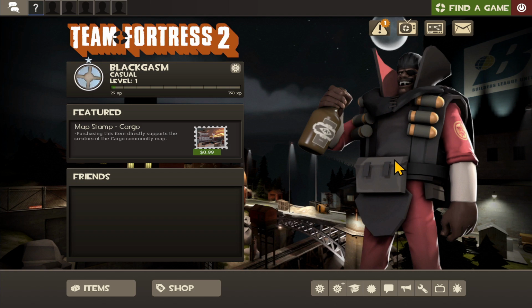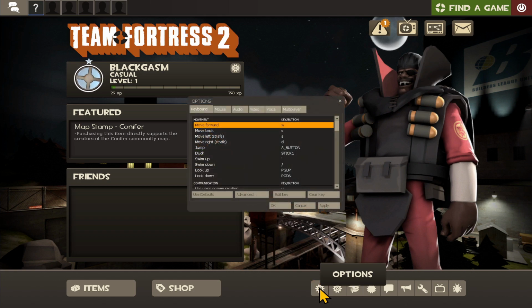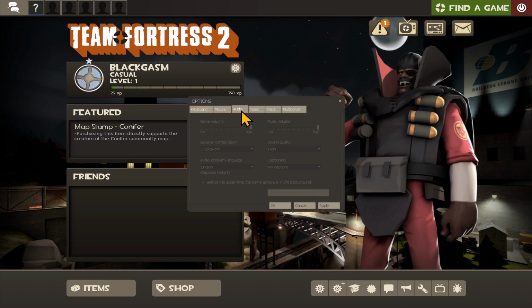First of all, open up the Team Fortress 2 game on your device, and once you are taken into the main menu, click on the Options button at the bottom section. From here, go ahead and click on Audio, and now you will see the Captions option. Click on the drop-down menu, and now you will see that the captions can be enabled by choosing Subtitles or